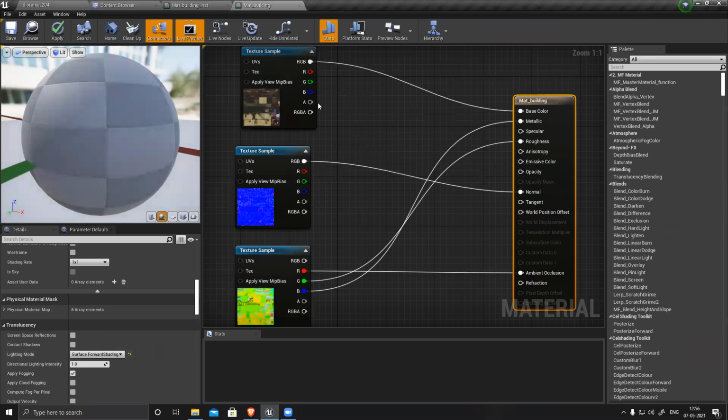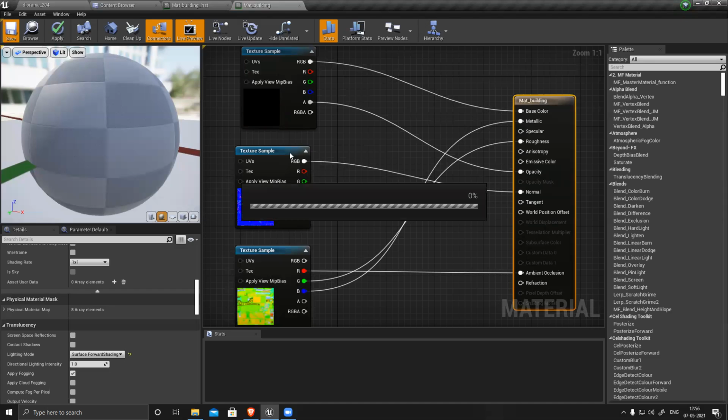Surface, forward shading. See it once again.